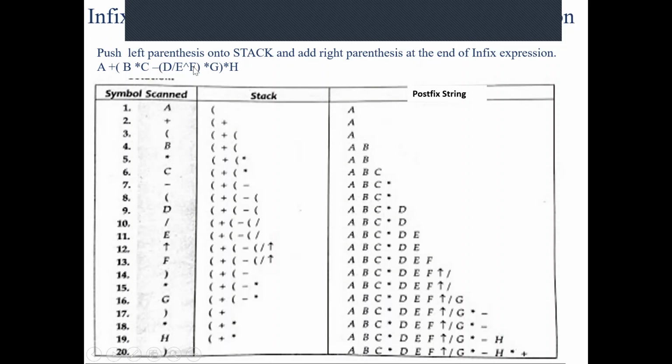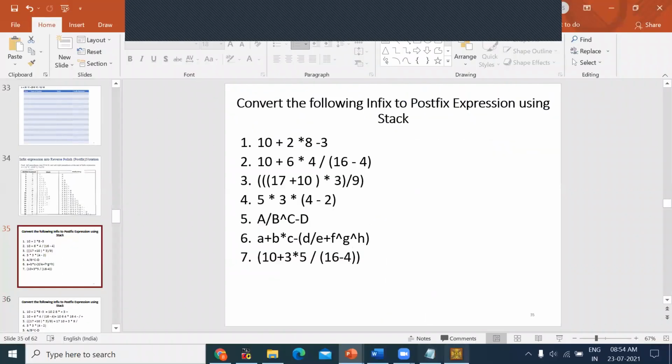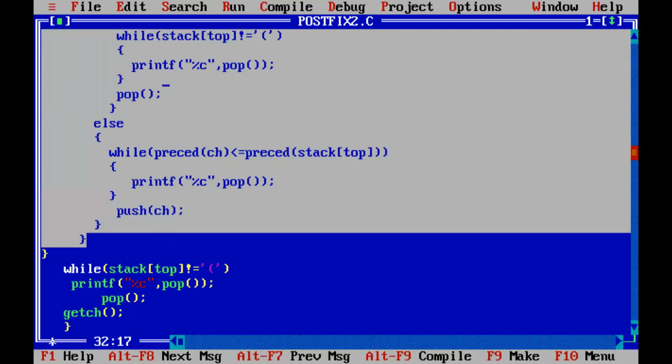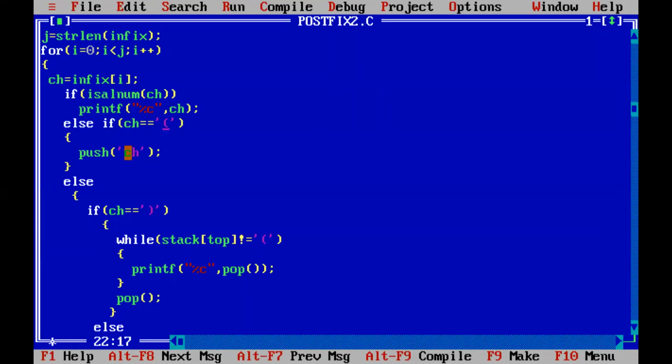So within the for loop, you have one check for a left parenthesis; here we are checking for the left parenthesis. If it is a left parenthesis, we will be pushing it onto the stack. If it is a right parenthesis, there can be expressions with inner left and right parentheses.